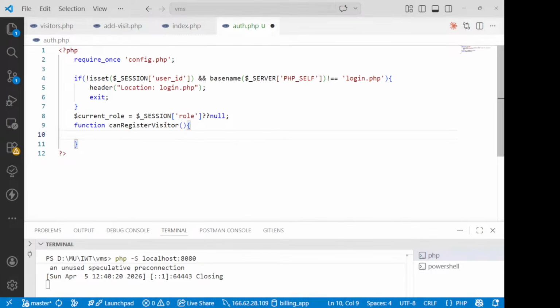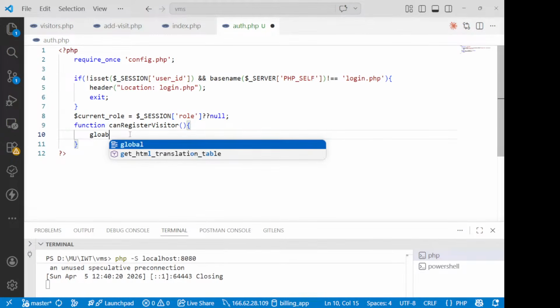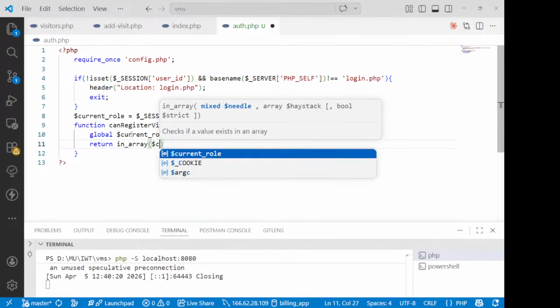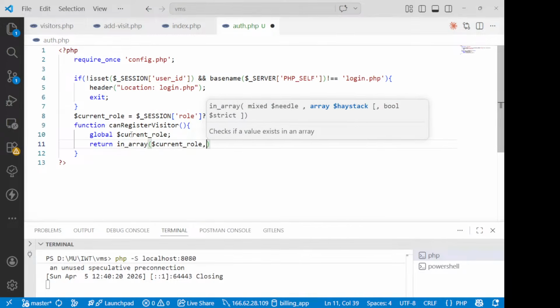उसके लिए मैं यहाँ पर लिखूंगा फॉर एग्जाम्पल ग्लोबल वेरिएबल हम बना देंगे, और ग्लोबल वेरिएबल में हम करेंगे current role को सेट। और उसके बाद हम लिखेंगे return in_array, array के अंदर जो आपका जो current role है वो इस पर्टिकुलर array में है या नहीं है। array का मतलब है आपको admin and then going to be